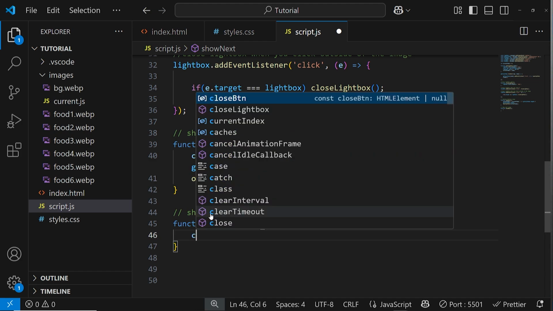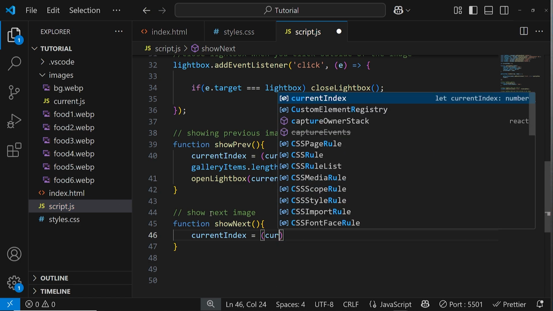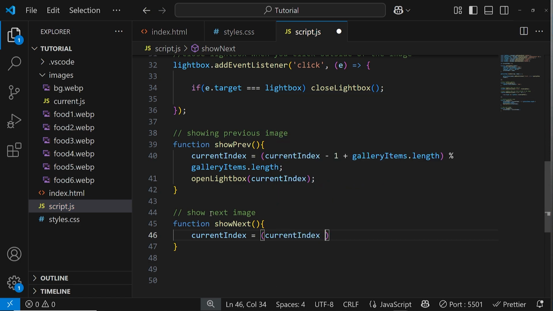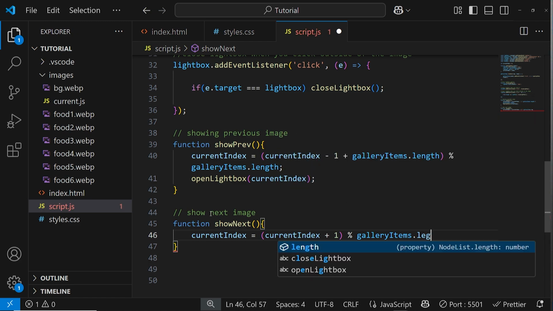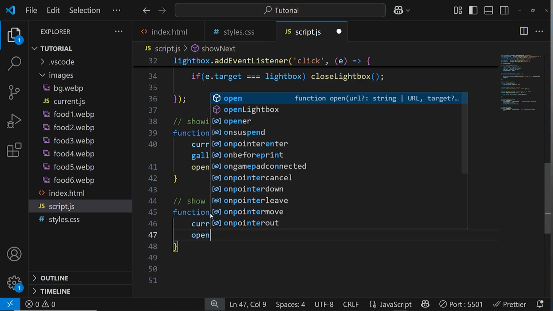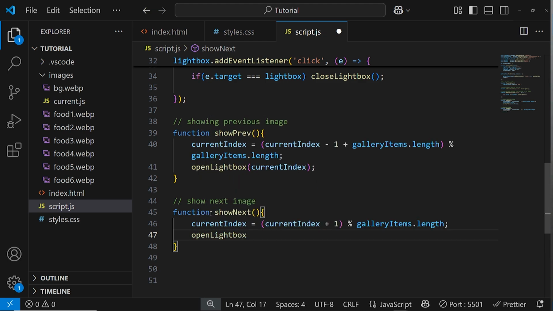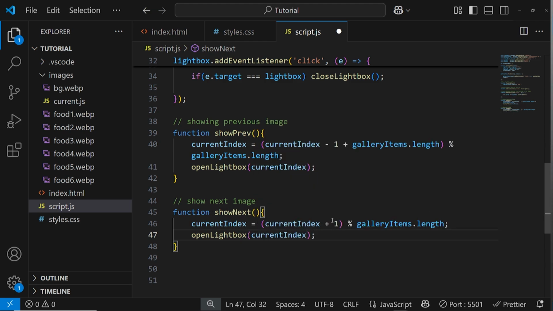And for this, we're going to set current index to be equal to current index plus 1. And then this we can do modulo gallery items dot length. Then we can add the current index when we call the function open lightbox. So if you do the math on this, if I'm at position 4, 4 plus 1 is 5, 5 modulo